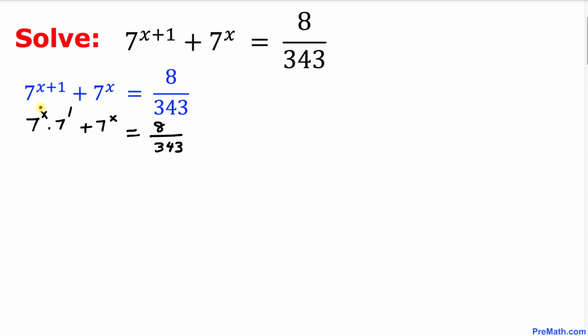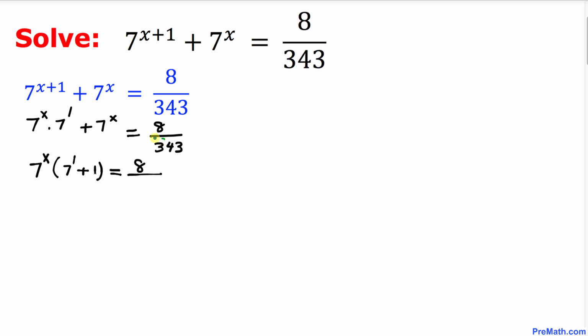Now on the left hand side, this 7 power x is in common, so I can factor that out. So I can write 7 power x times 7 power 1 plus 1 equals 8 divided by,